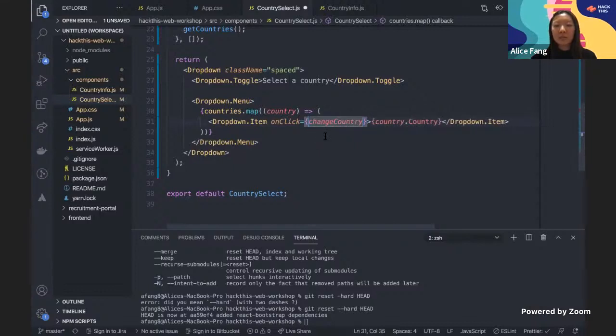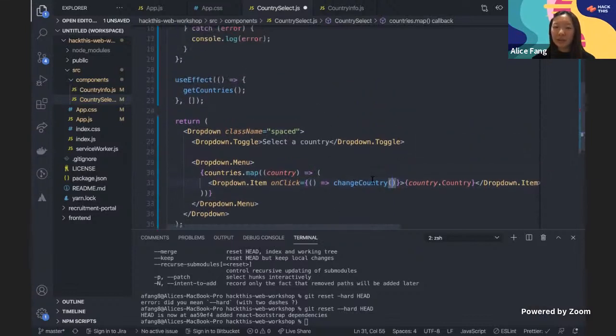As Rem mentioned before, we can't just call it directly here because this is known as a callback function. It doesn't execute right away. It only executes when you click. So we want to wrap this in an arrow function. This is an aspect of functional programming, so don't worry if it looks syntactically confusing. This just means it wraps it in a function rather than calling the function. And then we're going to pass in the inner function, we're going to pass in the country,